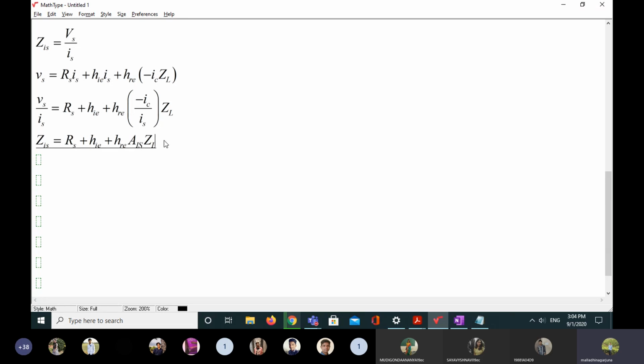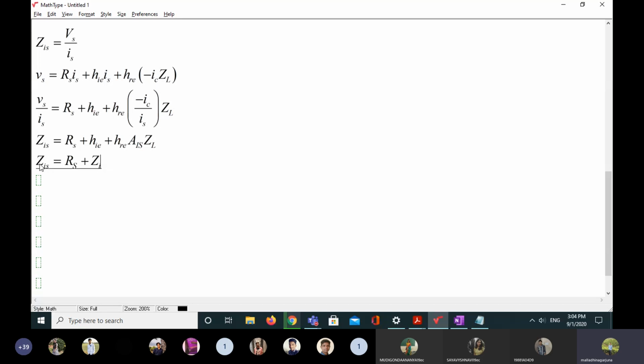For example, what is this term? This is ZI only. What is this? This is ZI only. So this ZI is in series with RS. I am not deriving the entire equation like this, I only simply wrote it. We know the ZI, but RS is just in addition, in series with that, so I just wrote ZIS is equal to RS plus ZI.